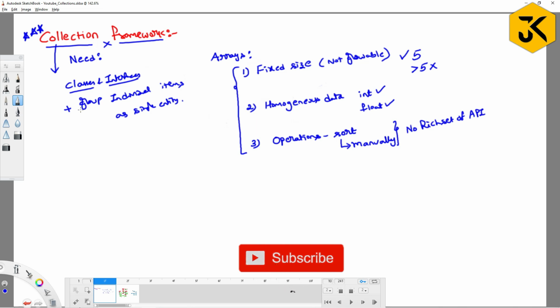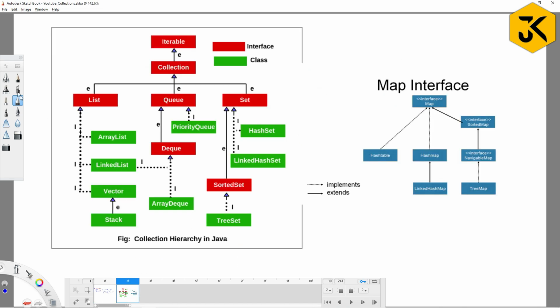Okay, fine. So if you look into the collection framework, this is the exact collection framework. We are going to have the Iterable interface, Collection interface, List interface, Queue interface, Set interface, Deque is also an interface, SortedSet is an interface, right? And the Map interface is there, right? Hope you understood by simply observing this.